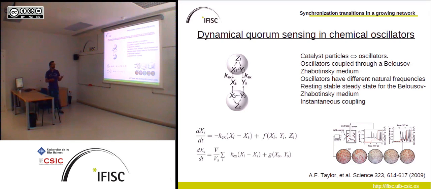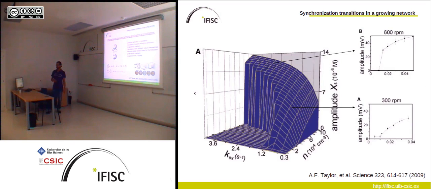As you can see here also, there are certain similarities between the case of the Millennium Bridge and this case of the chemical oscillators. They performed some experiments, and they also found a model for these reactions given by a dissipative coupling between the chemical